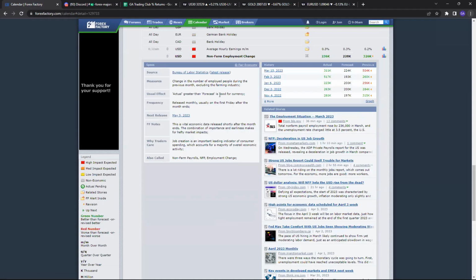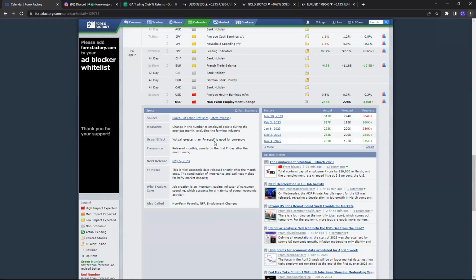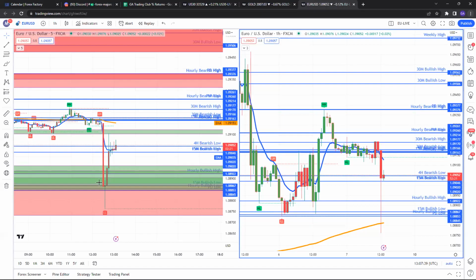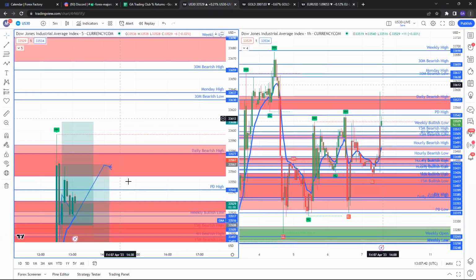Let's see. No, not there. So actual greater than forecast is good for currency. So that's ideally why we saw that tank on EU, because the dollar pushed up. However, if we look at EU right now, EU reversed to the upside. So it's also, that news was also good for the